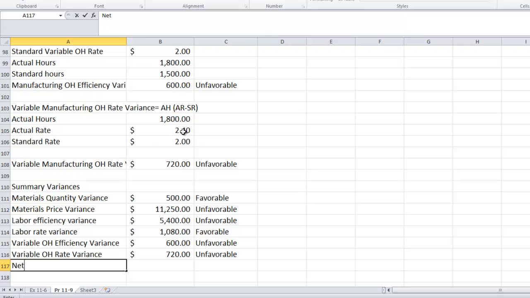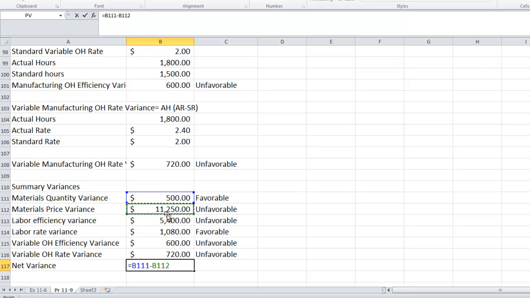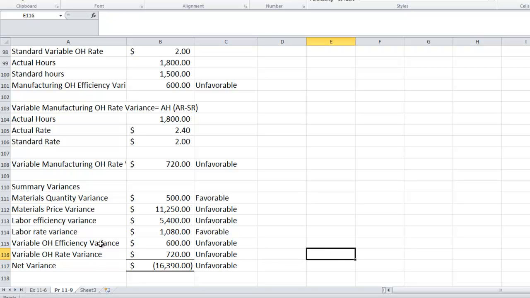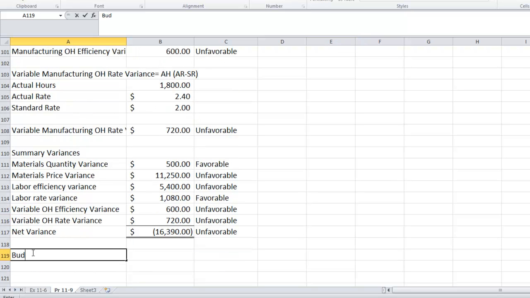Net variance equals favorable minus unfavorable plus favorable minus unfavorable minus unfavorable. Unfavorable variance. The net unfavorable variance for the month was caused by the plant's variable cost of goods sold increase from budgeted level from $80,000 to $96,390. So our budgeted cost of goods sold